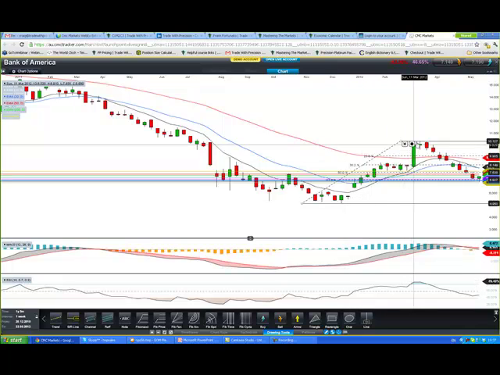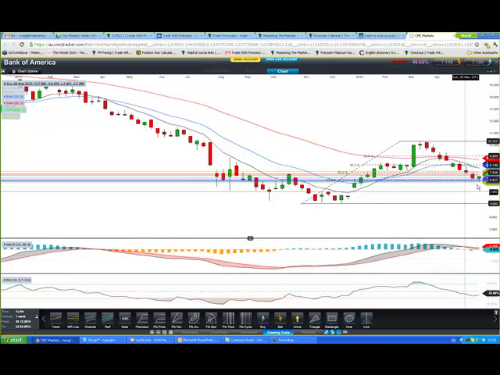So we've moved away and set a high. It looks like a great possibility for a turning point for Bank of America. If the candle is to close as it is, if this was a shut candle and I was looking to trade this, I'd have an entry as the break of the high of that candle, a stop at the low of that candle. Now that's my analysis on Bank of America.